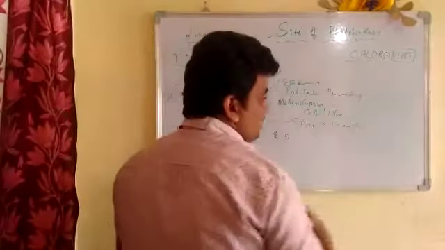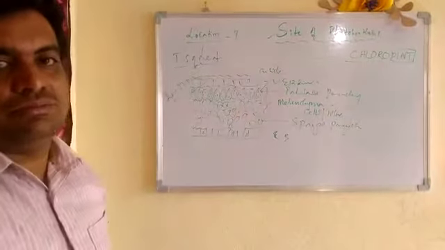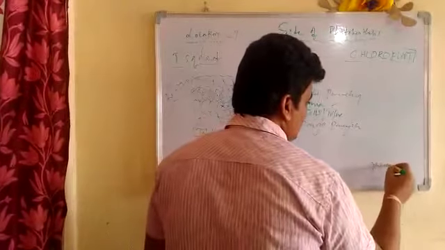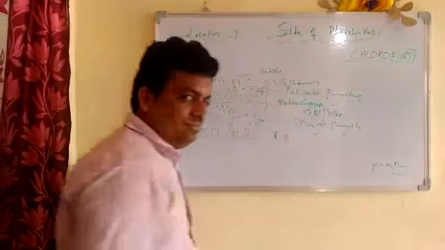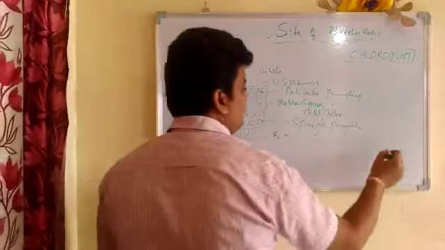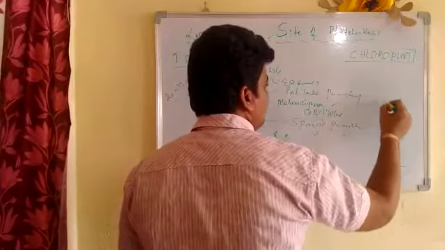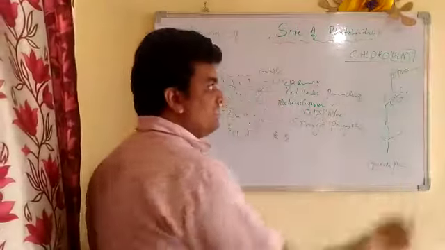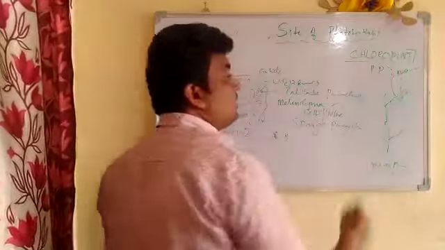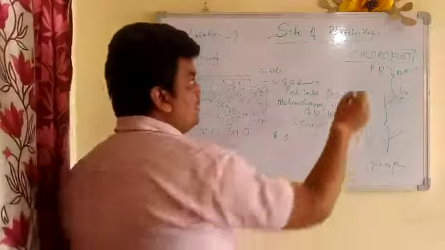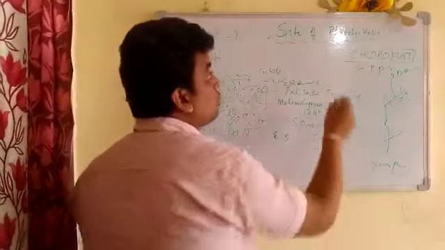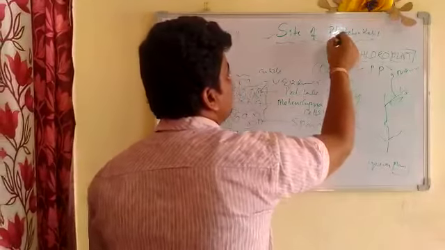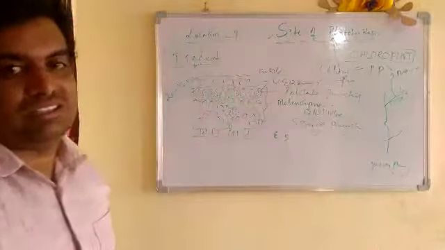So now you tell me, children, if anybody asks you what is the location of photosynthesis, somebody says all the green plants. Where in the green plants? In the branches. Where in the branches? In the leaves. Where in the leaf? The mesophyll tissue. Where in the mesophyll tissue? Palisade parenchyma or spongy parenchyma. Where in the palisade parenchyma and spongy parenchyma? In the chloroplast. The exact location of photosynthesis is the chloroplast.